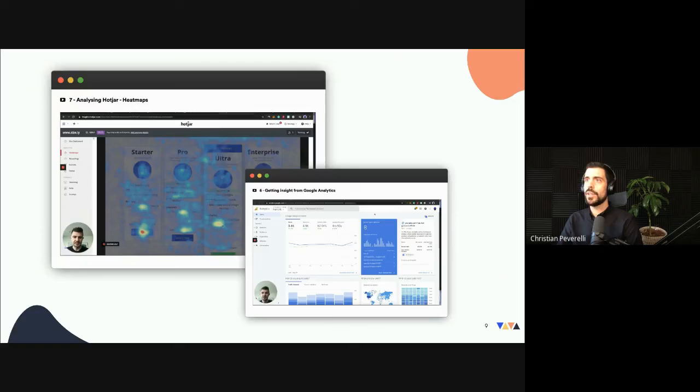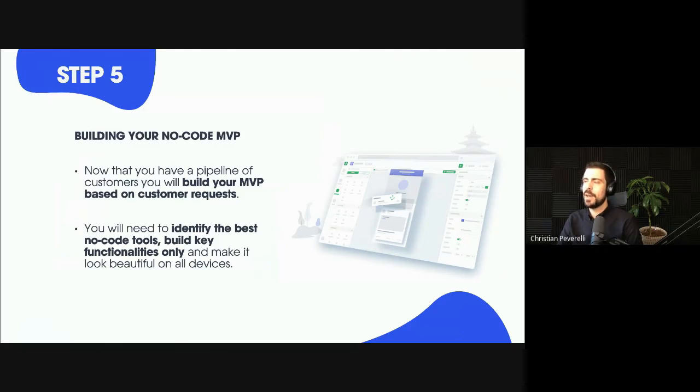And after that, we're going to understand much better what customers actually want, because we'll have had conversations with these people, we'll have collected emails, we'll have a lot more data on what people want to pay for, and we'll be making sure we're targeting the right segment. Then we want to build an MVP, and essentially that MVP is only going to be the feature sets that people say that they want.